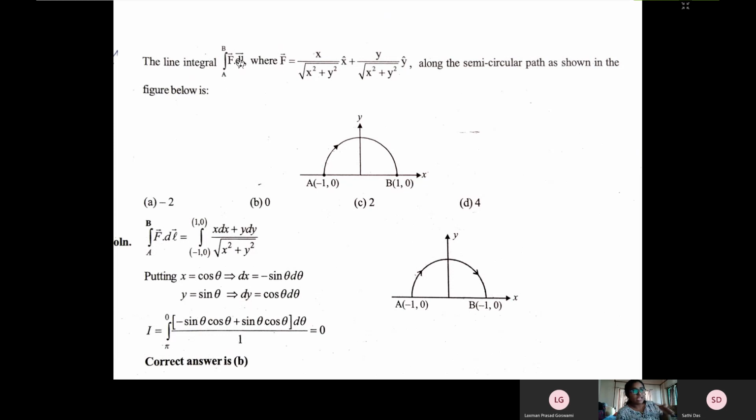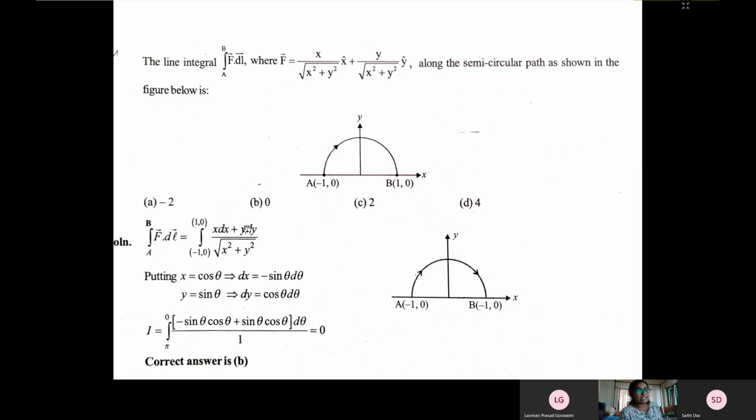That's why this is giving you the integral from A to B of F dot dl. So this is the infinitesimal summation of F dot dl. Okay. So for F dot dl, what you have to write here: the A point is (-1, 0) and the B point is (1, 0). So you take the integration from (-1, 0) to (1, 0), and you